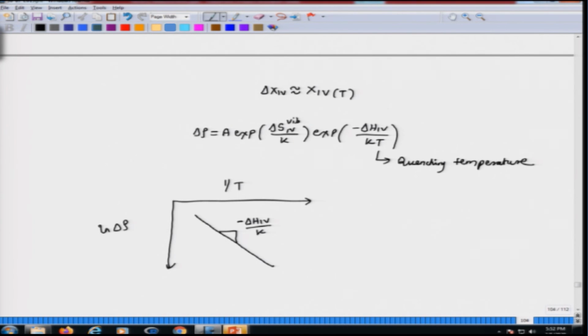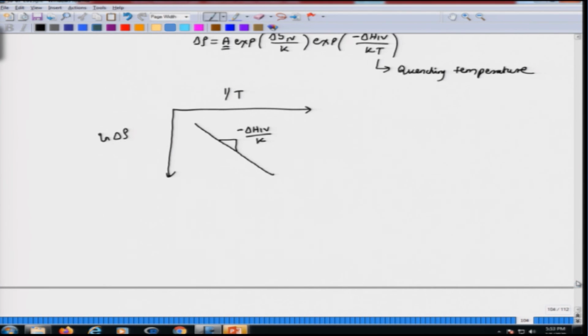Okay. So, with this technique we do not get the absolute concentration of vacancies, because there is this constant A which we do not know, but by determining delta rho at different temperatures and plotting it against 1 by T, we can get to the enthalpy of vacancy formation delta H 1 v. Again, since A is not known, from the intercept we cannot determine delta S 1 v. So, this is a simple technique, it does not give the absolute vacancy concentration, but we can get delta H 1 v based upon residual resistivity measurement.